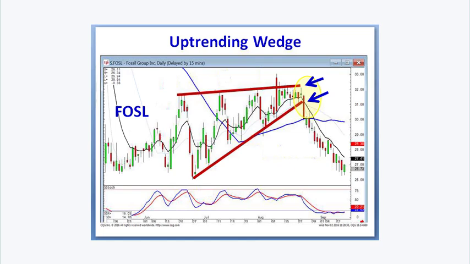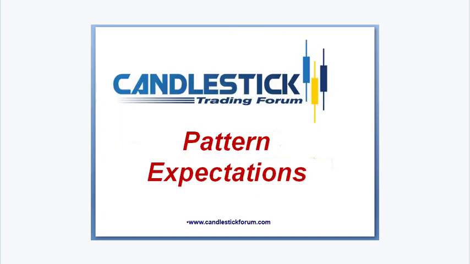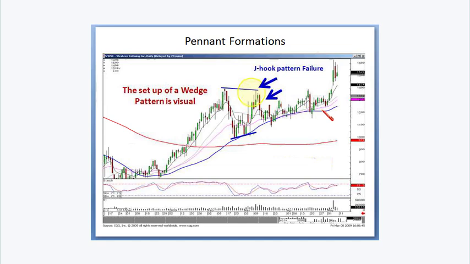Let me get to a better chart. The black line is your T line. The blue line is your 50-day simple moving average. Let me see if I can find another chart. Okay. With the pattern expectations, let me go through this real quick. The black line is your T line. The T line is probably the most important trend indicator on anything, but when you apply it to candlestick analysis, the one chart that I use as my most important chart